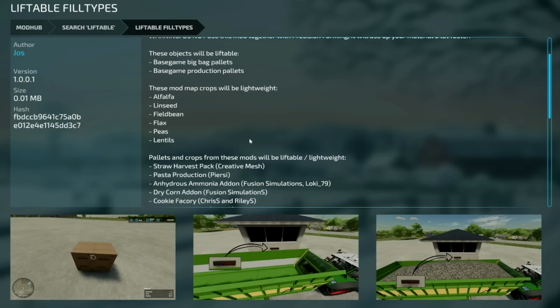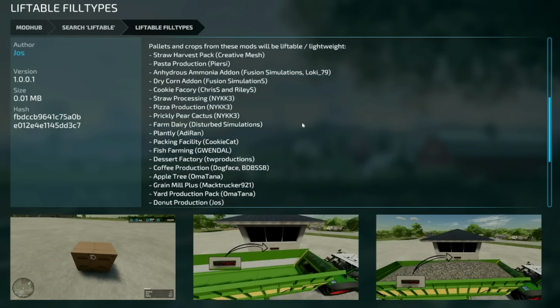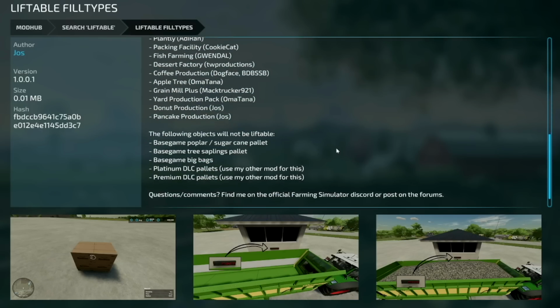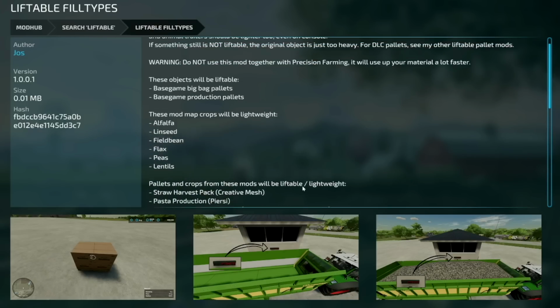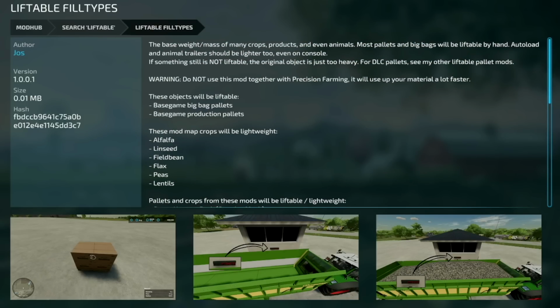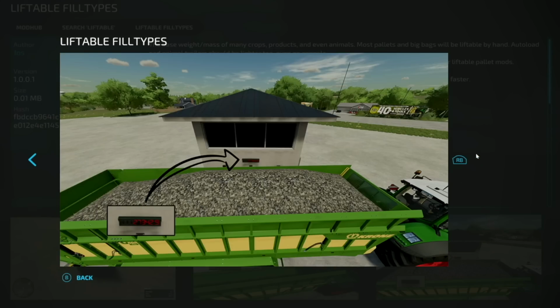Mod map crops to be lightweight are alfalfa, linseed, field bean, flax, peas, and lentils. And then, of course, you have all of this stuff right here, and then a few things which are not liftable. One of the other things for this as well is, I don't know if you quite realize this or not, but it changes the weight of everything. Basically makes it